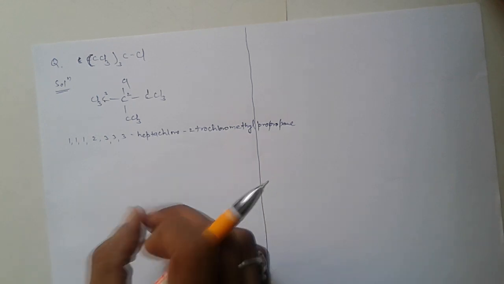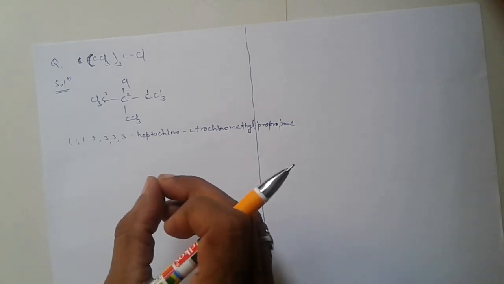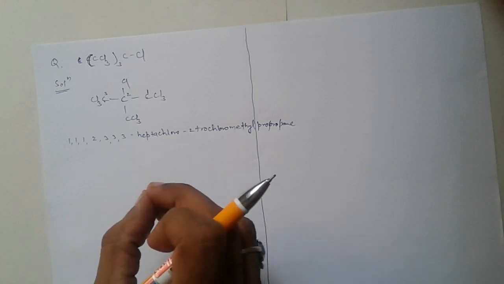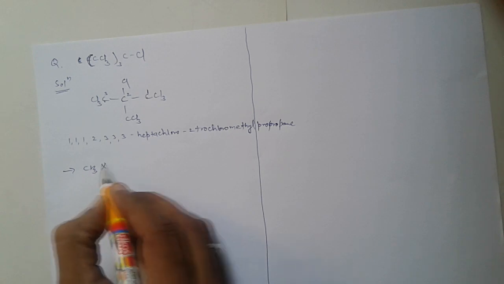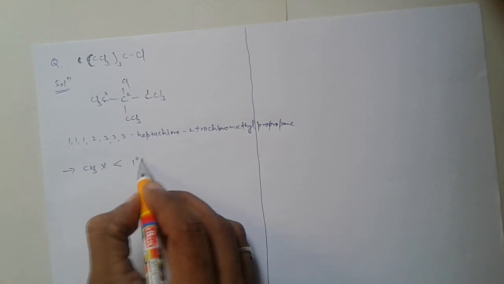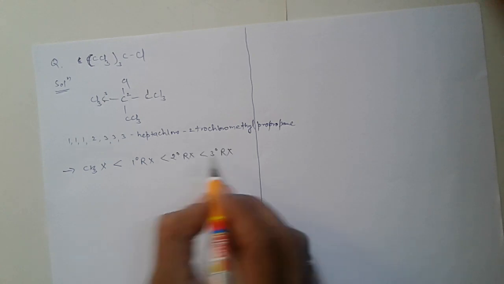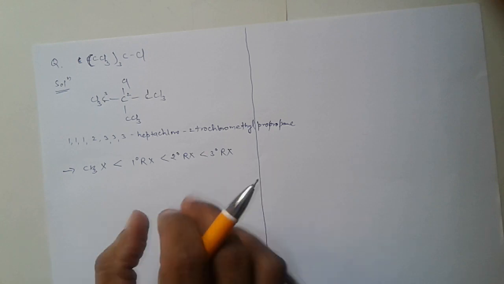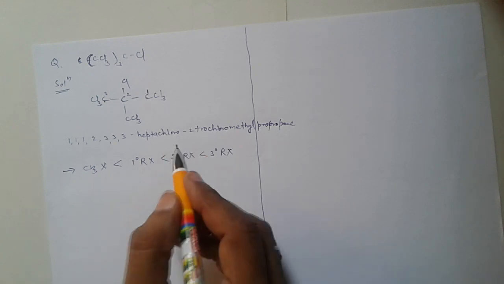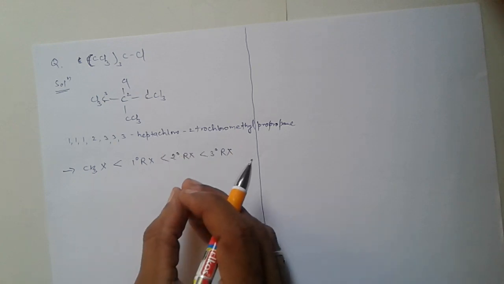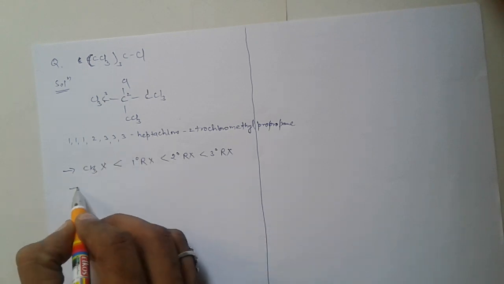Now next, I repeat some important concepts for nucleophilic substitution reactions. The increasing order of different haloalkanes towards SN1 reaction is methyl halide, 1 degree alkyl halide, 2 degree alkyl halide and 3 degree alkyl halide. Increasing order because in unimolecular nucleophilic substitution reaction, a carbocation is formed as an intermediate.